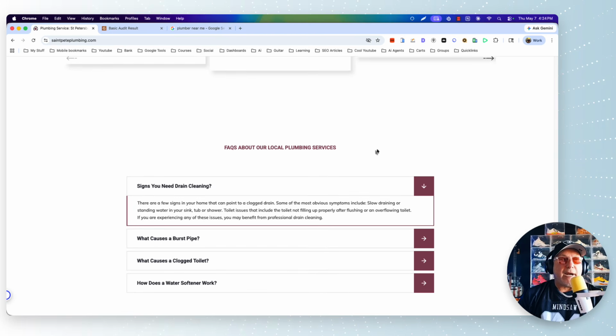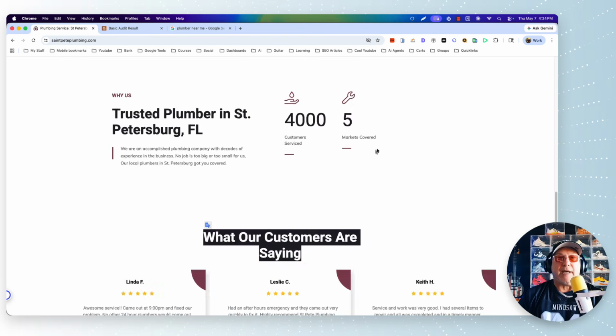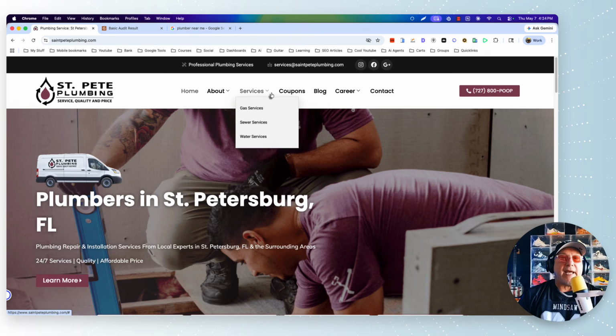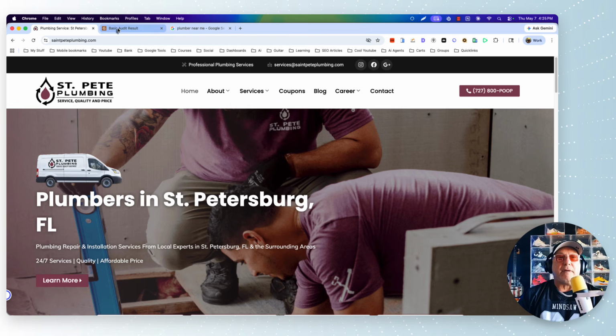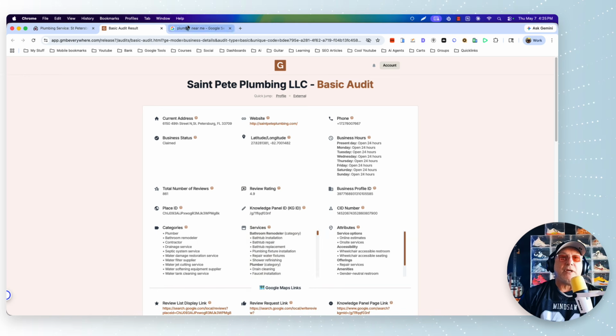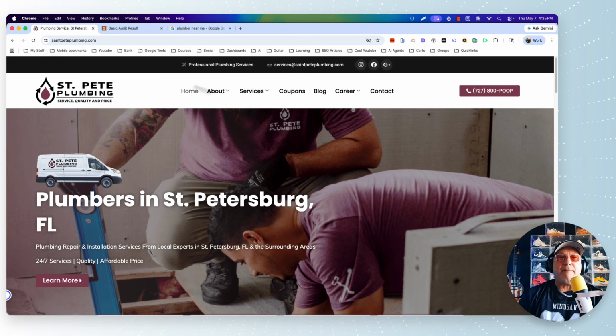You can't rank for services that you don't have on your website. So if you come up here, the services that they have are gas service, sewer service, and water service. But if you do a basic audit, you'll see their services are right here, meaning that people in reviews or some other articles are mentioning that they do these type of services, but they don't have them on their website,